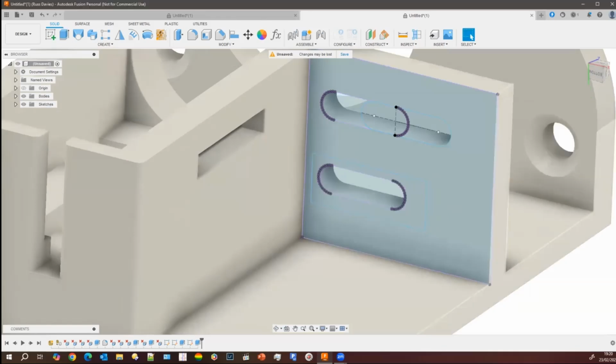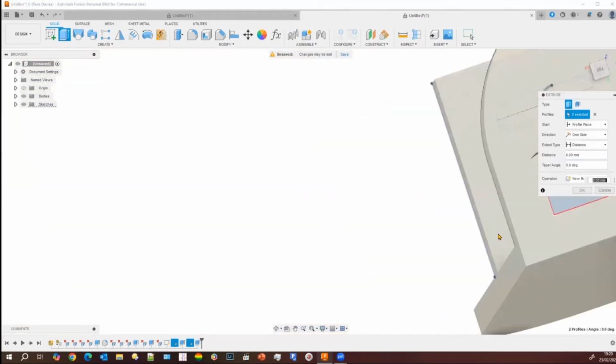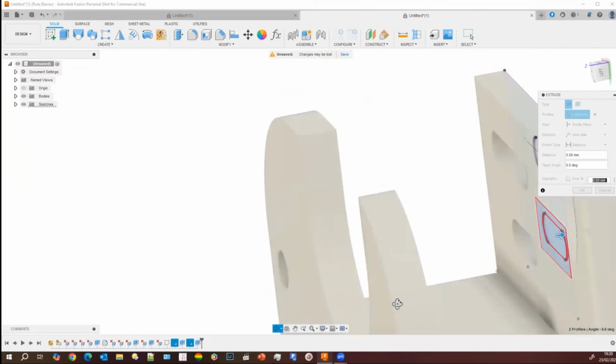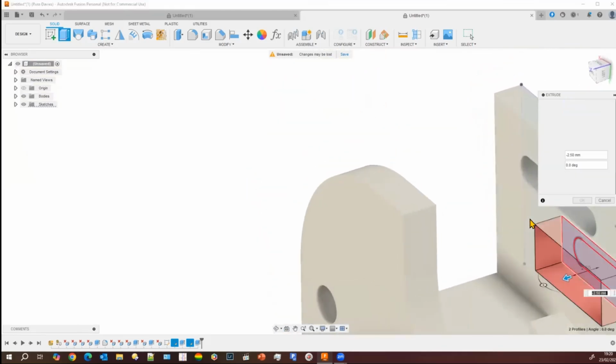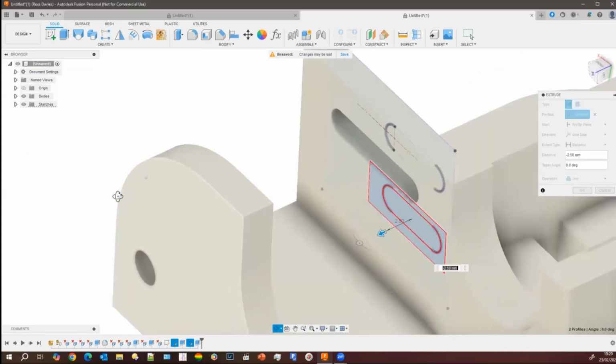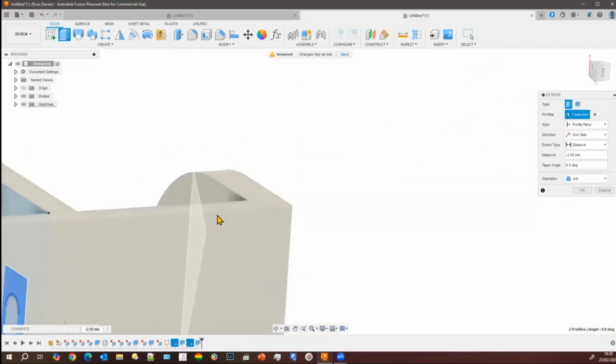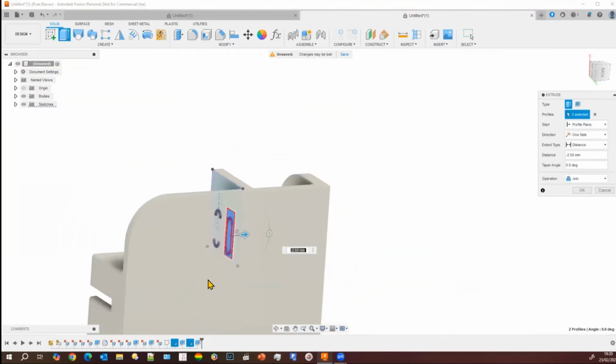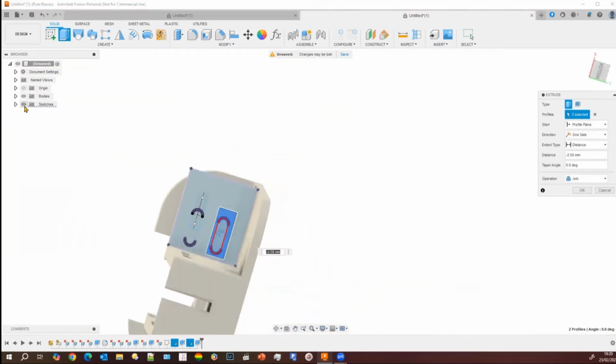Sorry, I'm catching all the wrong one. I need to catch all that one and the center one, of course. And then take them back. Where are we? Lost it. Onto there. Make a join. And then when I get back there again, let's go back. Turn off the sketches,